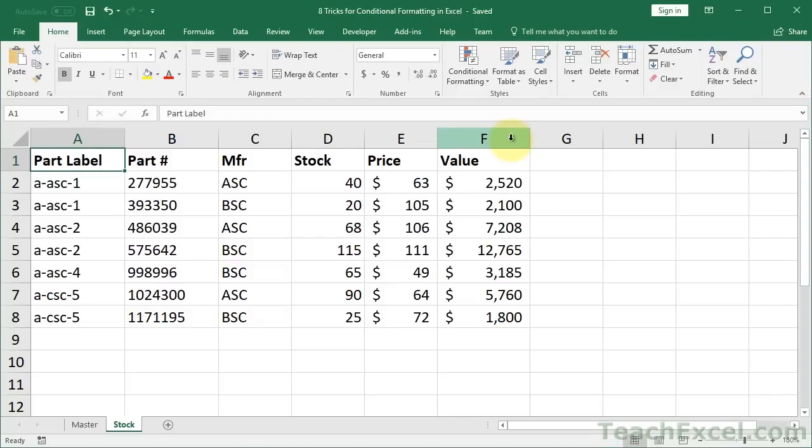Here are 8 tricks that'll put you on the path to being a master at conditional formatting in Excel. I'm going to show you techniques that range from the relatively simple to the more advanced so that you will feel comfortable creating all sorts of complex functions and formulas across tables and worksheets and putting all that into your